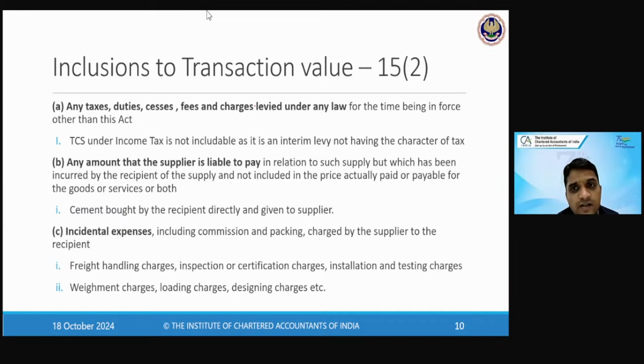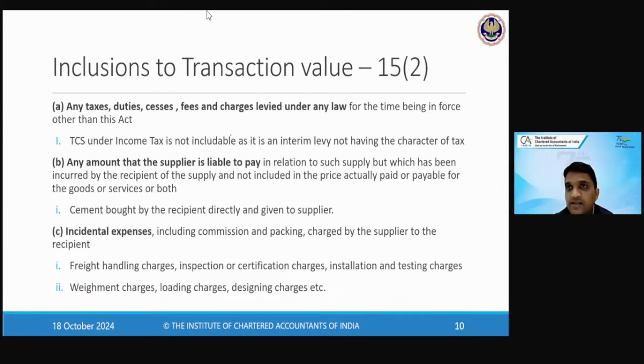Capital expenses for final supply. What is capital expenses for final supply? Cement example is very simple, done. That when you supply something and the customer pays your liability because you have to pay something instead of you, the customer has paid it, then that amount has to be added because to that extent, now say this cement example,